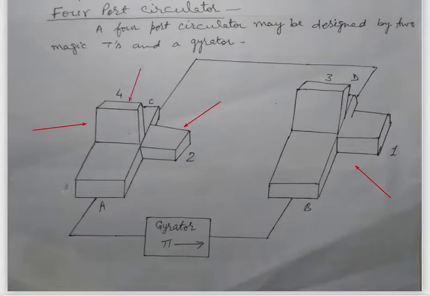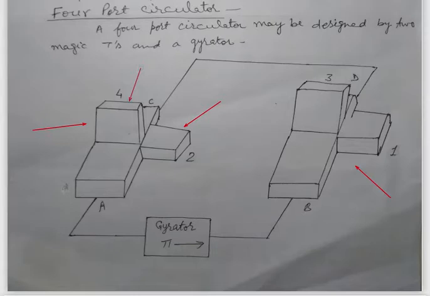Similarly, if any wave is incident in port 4, then it will again be split into equal parts, but the 2 waves are out of phase and they will emerge from A and C. Its converse is also true, that if 2 waves of the same amplitude and of opposite phase enter from A and C, and similarly in the next magic tee from B and D, they will recombine and transmit from port 4 and the port 2 will remain uncoupled. So this property of the magic tee we will use now in the working of the